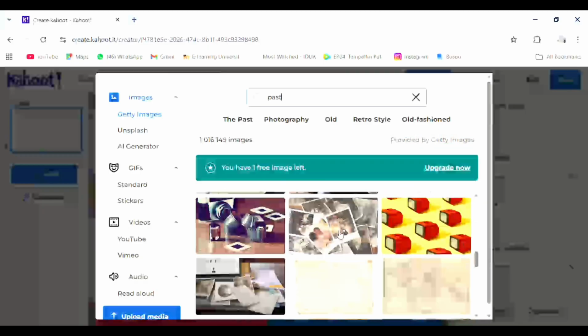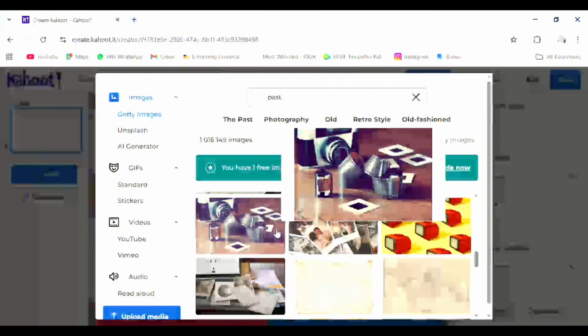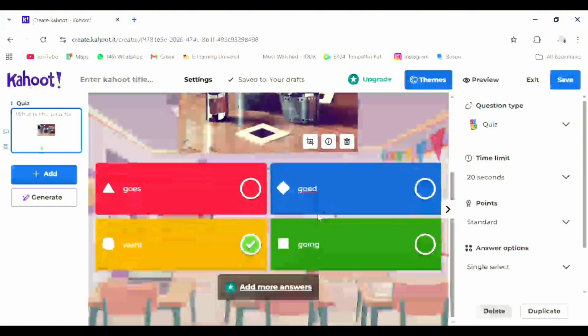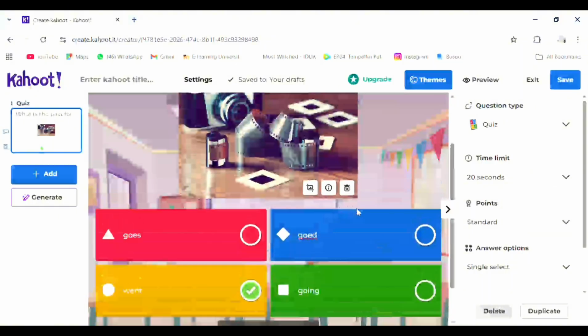Maybe I will choose this one. You can choose any picture to make it more interesting. When you finish, you can click done or save.